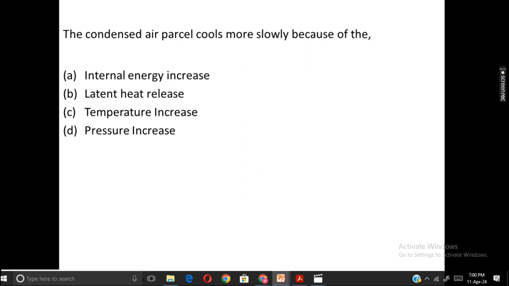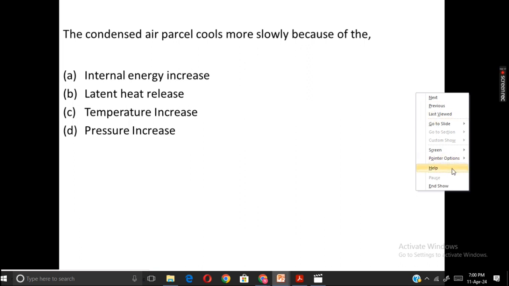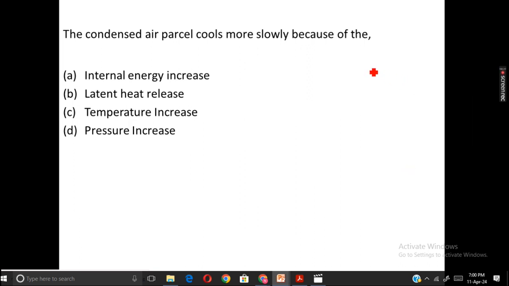Now the next question. The condensed air parcel cools more slowly because of. So a condensed air parcel in the sense there is a saturated air parcel. Saturated means the parcel is holding the maximum amount of water vapor that it can. So once the parcel gets saturated, this condensation process will start to